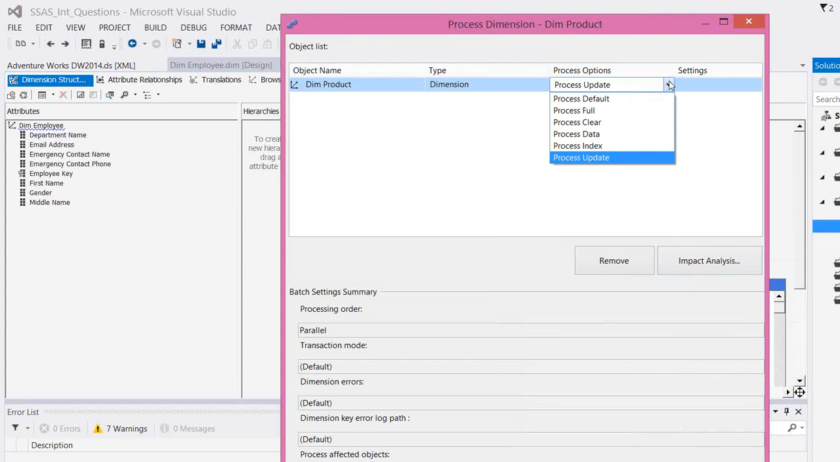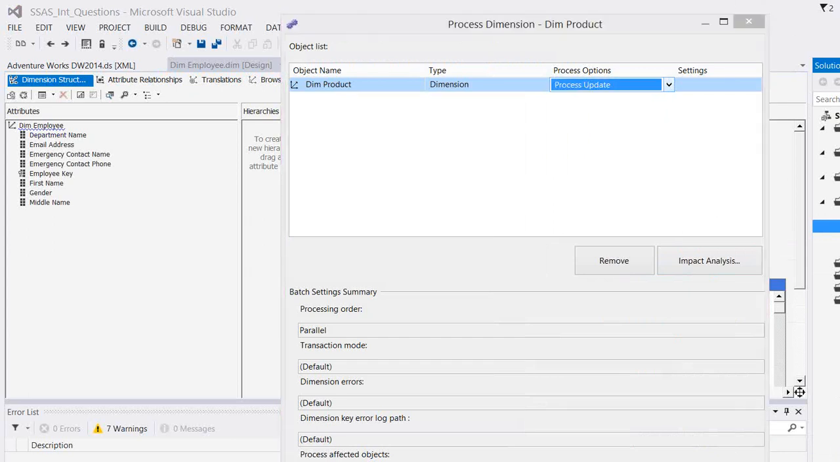There is a little difference between process update and process add. Process update will take the copy of the data that is available in your database, and it will compare with the data that is available in your dimension, and it will update accordingly. It acts more like a merge statement in SQL Server. Whereas process add, it won't do that. It just reads the new records